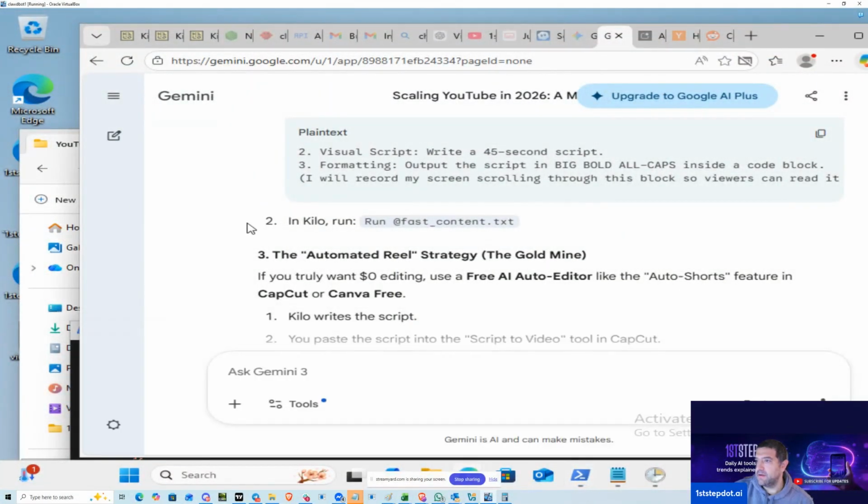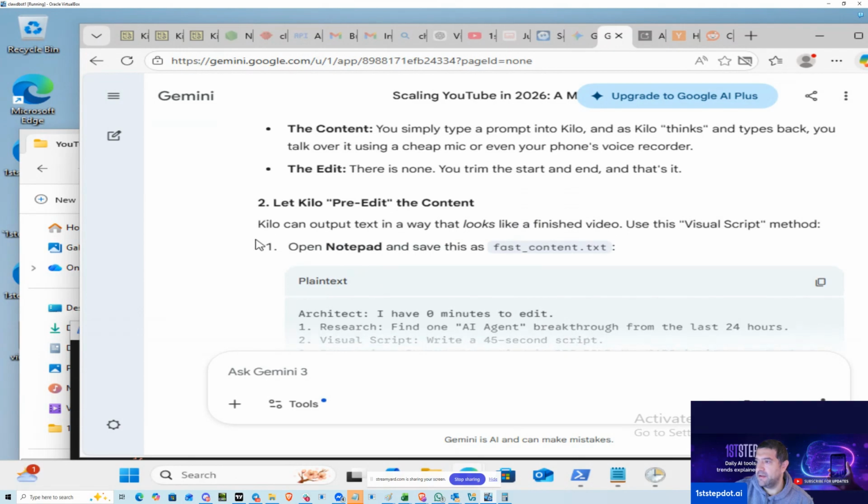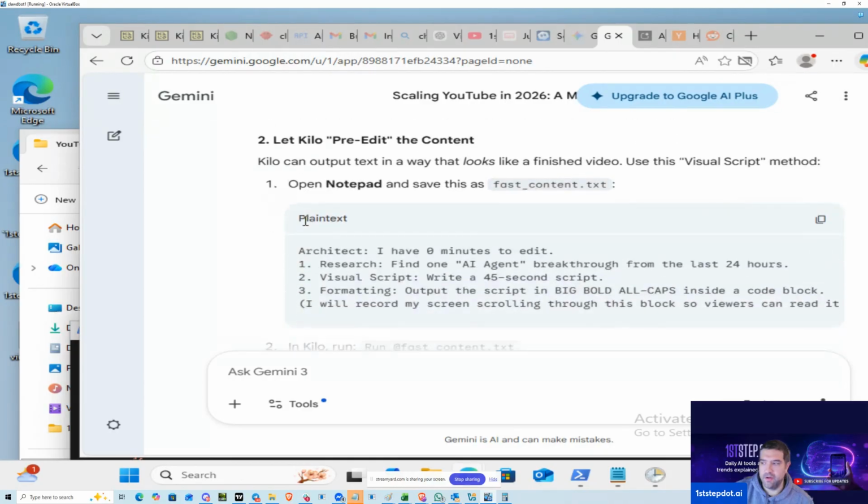All right, so Gemini is having me use Kilo, which is basically an open source OpenClaw with 500 different models. I'll post you guys a link to that in the description below. So basically what this is going to do is,